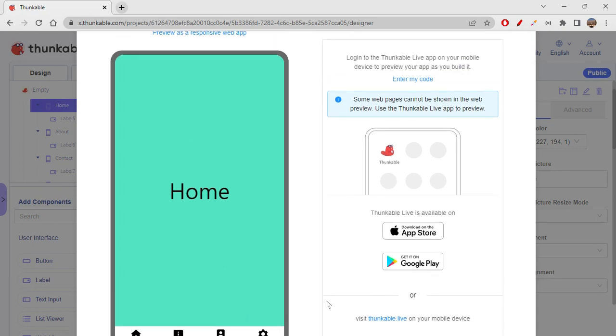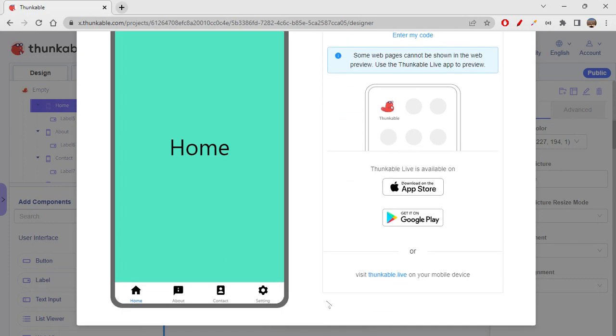So this is all about our navigators, right? We have four types of navigators in Thunkable. This is one of the best features. If you only want two screens, you can use two screens. If you want more screens, you can add more screens. So it's all up to you, right? You can name them. You can absolutely do whatever you want on this bottom tab navigator, top tab navigator, then Stack Navigator and